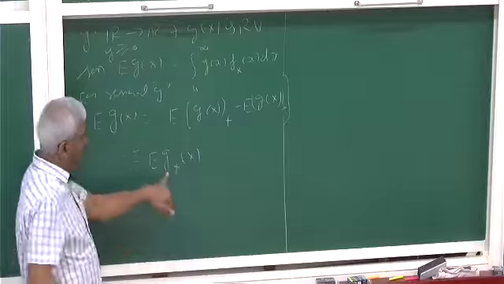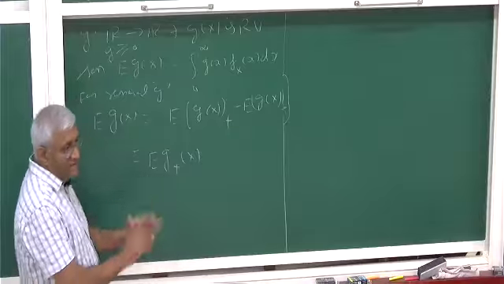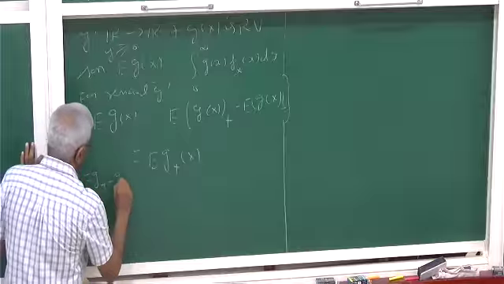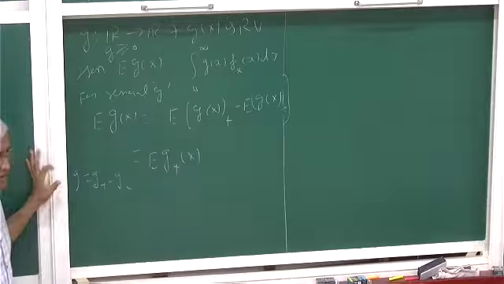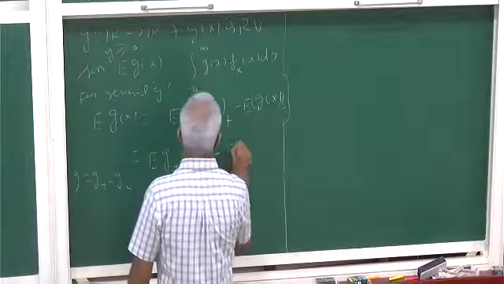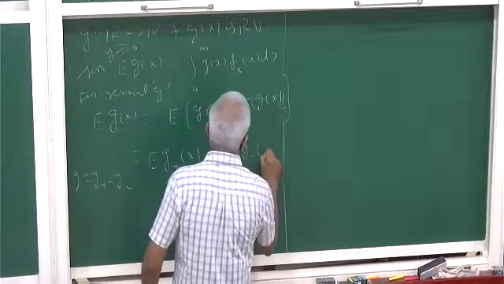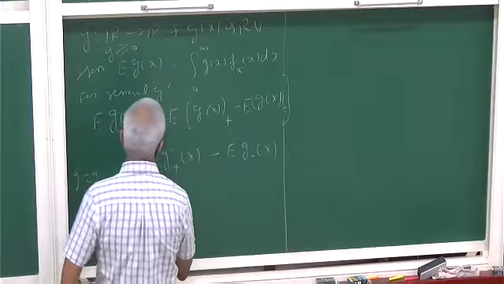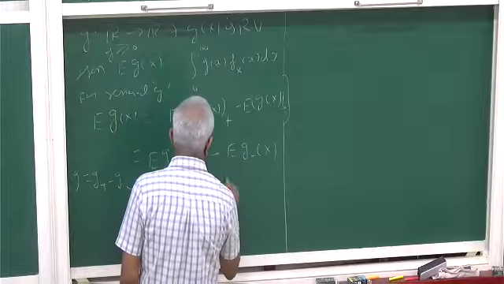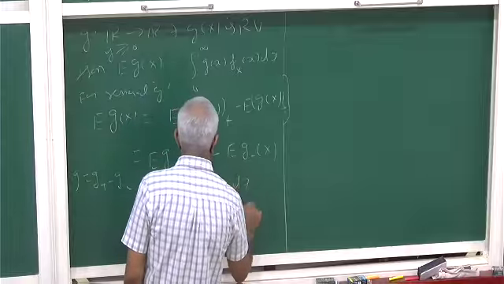When we have g, we have a g plus for that. g can be decomposed into g plus minus g minus, the positive part and the negative part. So E of g plus of x minus E of g minus of x. For this, we have that formula, that this is equal to the integral of g plus of x f of x dx minus the integral of g minus, of course,